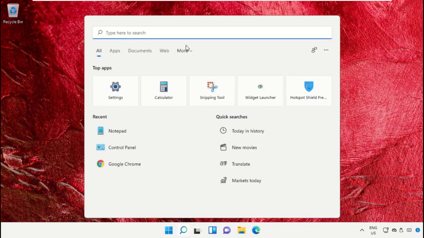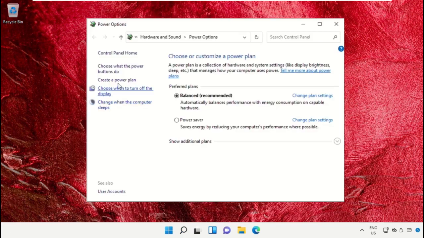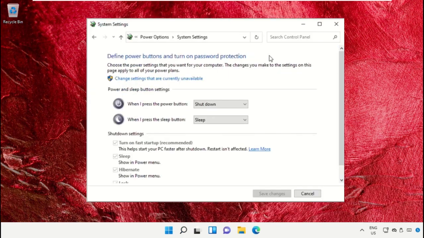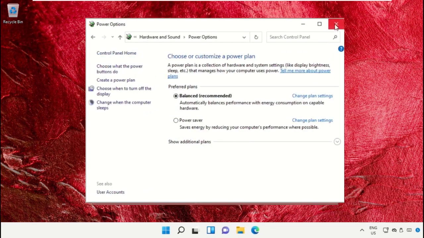Again go to search bar and type here powercfg.cpl and click here to open it. Now on this window, just turn off this option and save changes. Now close this window,